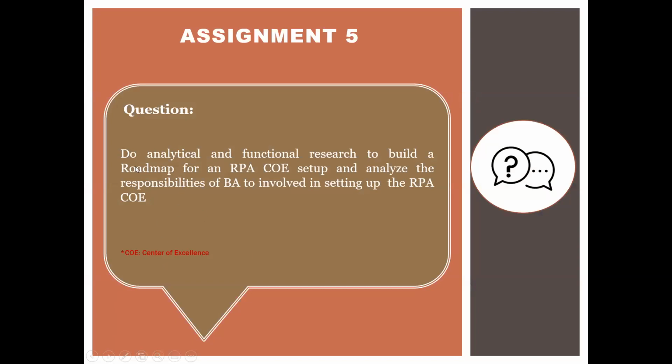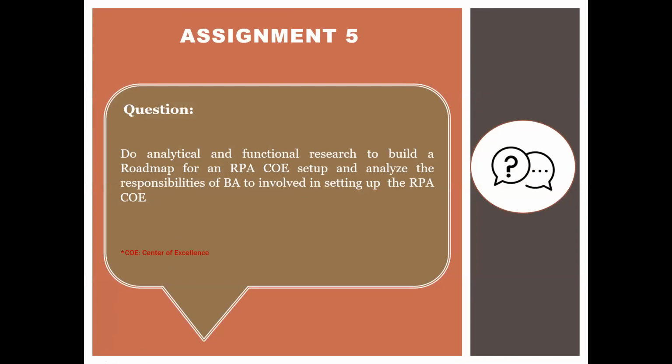All right, so let me quickly go back to the slides and explain assignment 5. This assignment 5 is saying to do an analytical and functional research to build a roadmap for an RPA COE setup. What is COE? Center of Excellence. Now, let's say you are being hired to a company where RPA is getting started from scratch, and you are doing the BA role, but you are working with the COE team to create the roadmap,